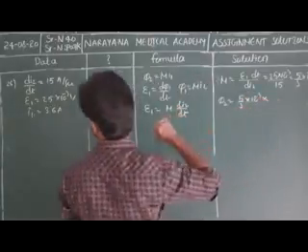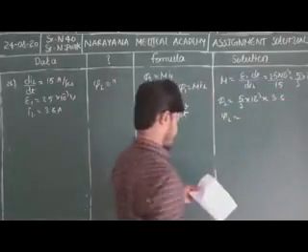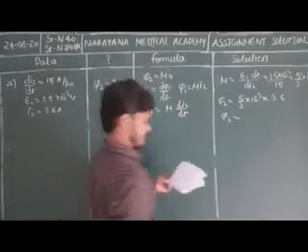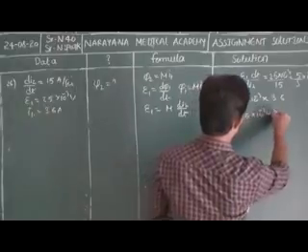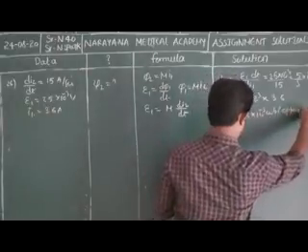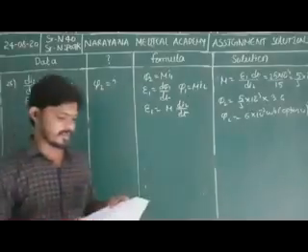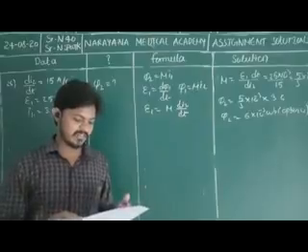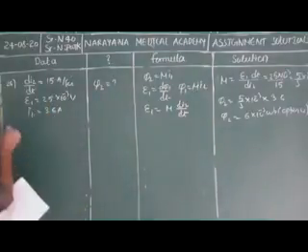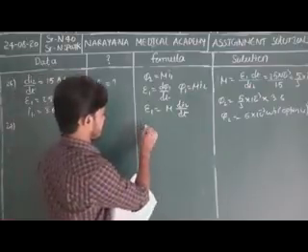So phi 2 is equal to M value. M is equal to 5 by 3 into 10 to the power of minus 3. I1 value is 3.6. So phi 2 is equal to, on solving this, you get 6 into 10 to the power of minus 3 Weber. Option number 4 is the correct answer. Clear? So next one, bit number 25.